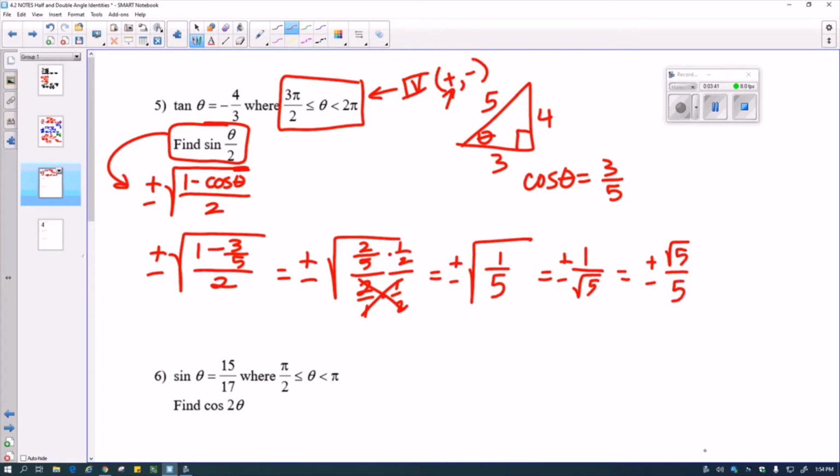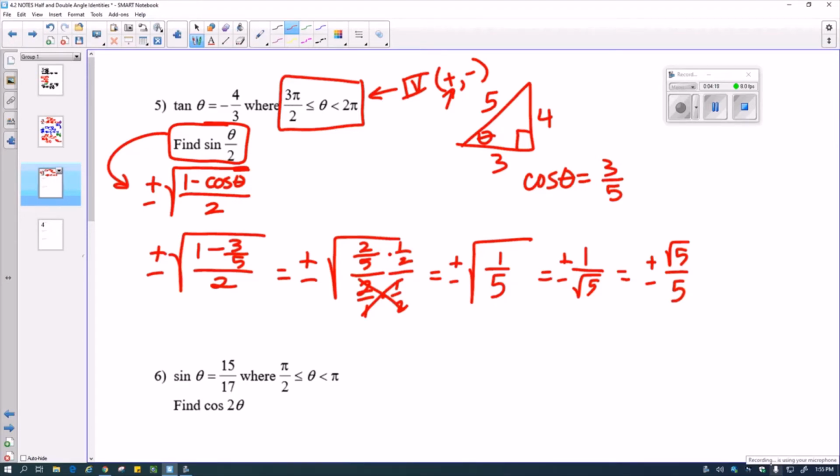Now I need to figure out if it's positive or negative, and so this is always my last step, and I only have to do this step if I use one of these identities that has a radical in it and a plus or minus in front. If I don't use that, and you're going to see in the double angles, none of them have that, so we don't have to do that final step. The sign will work its way out. I do have to work through it up here, making sure. That's why they tell me where I am. That's why they tell me where I'm looking at, because then I can figure out what the sign of my trig function is. Right here, I need to do that final step